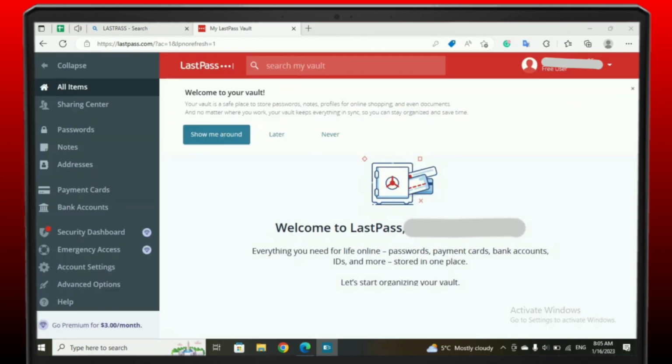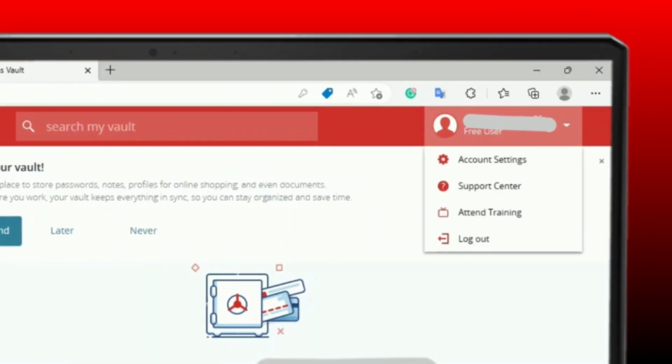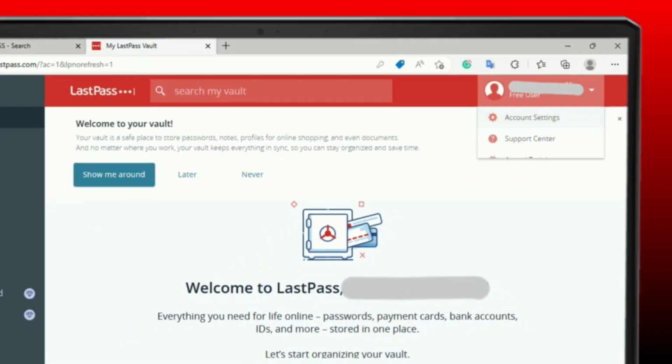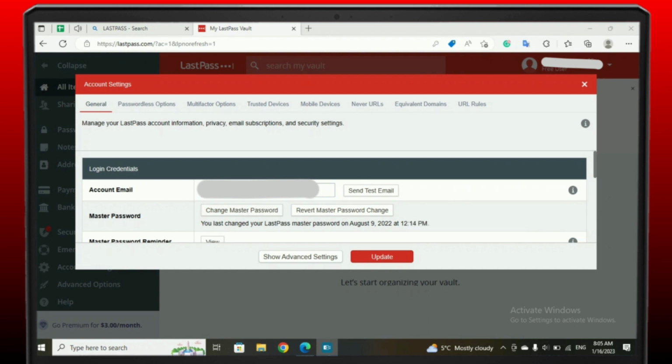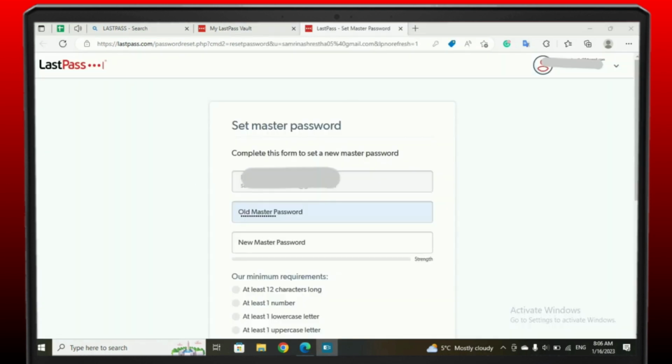Once you're in your homepage, go to your username and go to first option of account settings. So under the login credentials, you will see master password option. Tap on change master password for changing your master password, enter your old password, and then create a new master